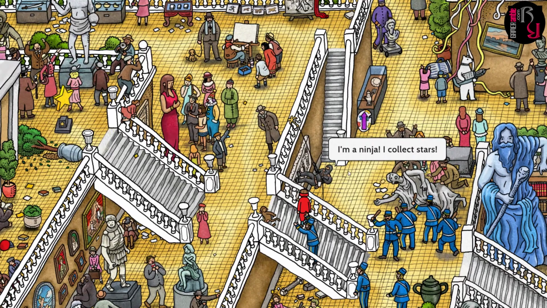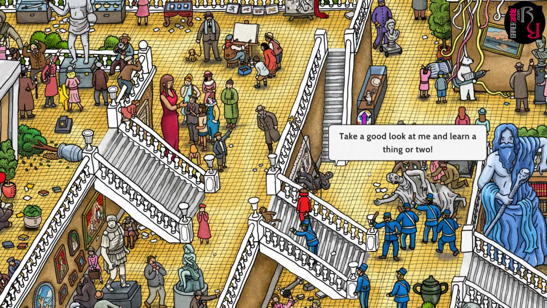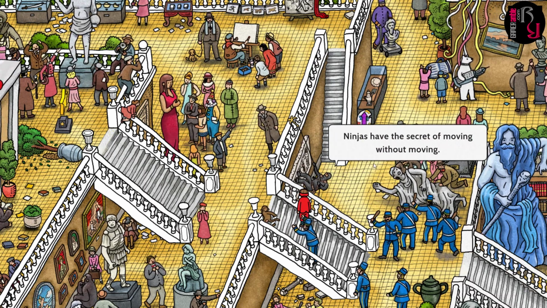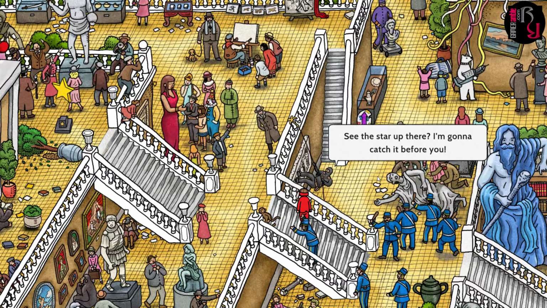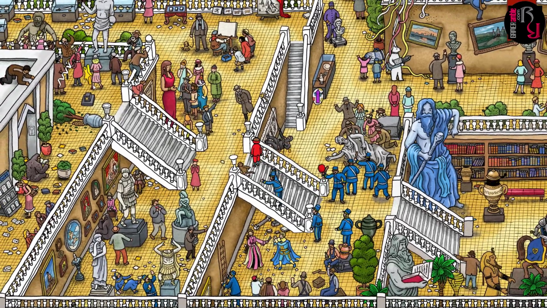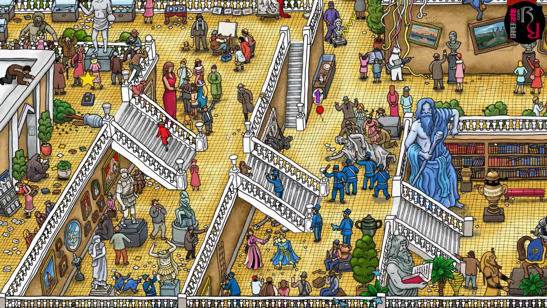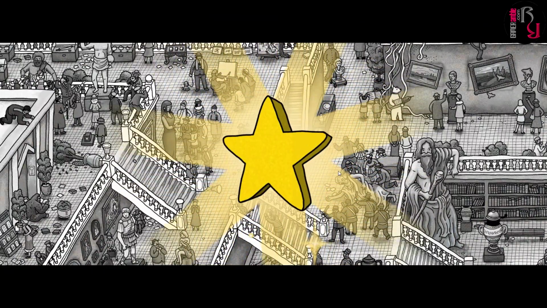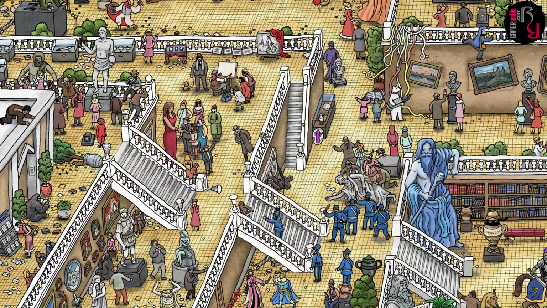I'm a ninja. I collect stars. Take a good look at me and learn a thing or two. Ninjas have the secret of moving without moving. See the star up there? I'm gonna catch it before you. But this star, it's a little ninja. It's my star. One shiny star